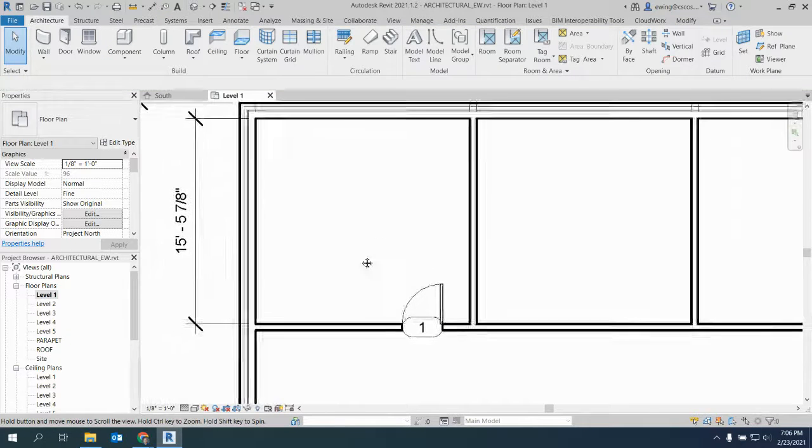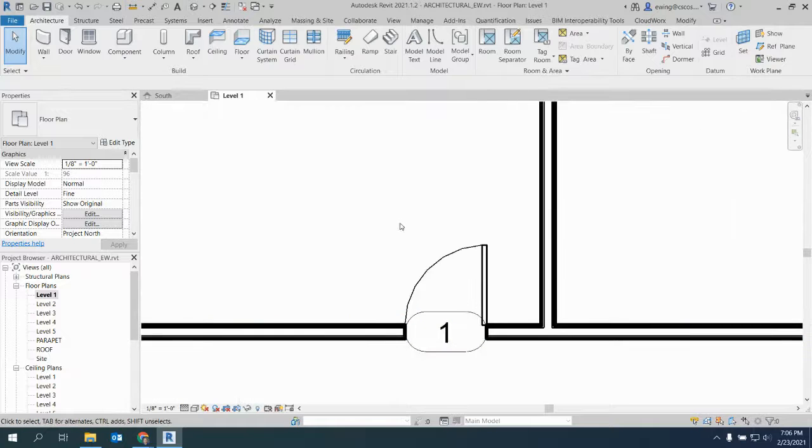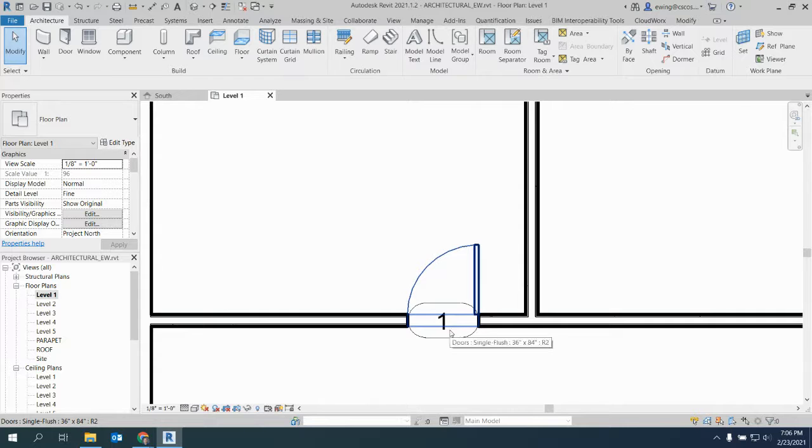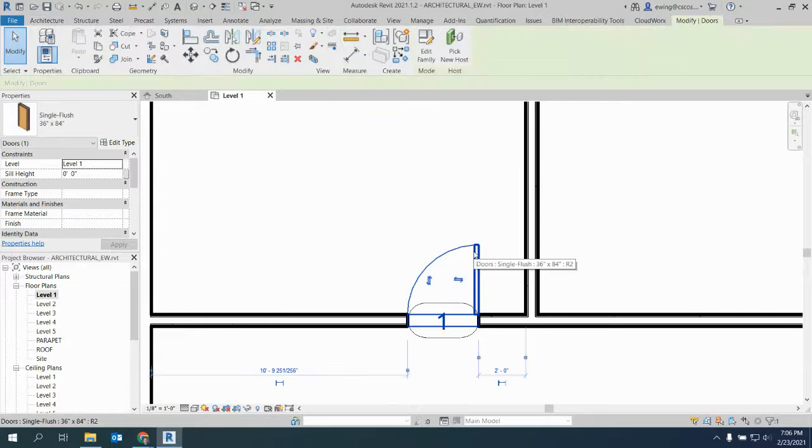Okay, now let's get into the components, right? So this is a door, as we all know. It's door number 1. This is just a tag, as we just saw. Didn't matter if the tag was there or not, right? It was still door number 1 regardless if there's a tag on it or not. So if you hit escape a couple times and select the door, just select it by the swing, notice a